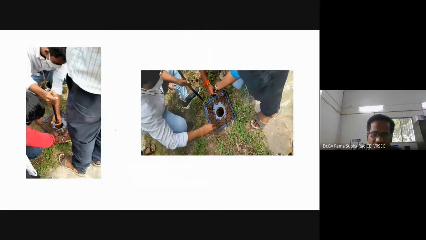Now we move to the field, and this is the tray with a central hole. We have started digging the central portion, the hole portion. We made a hole up to not less than 4 inches, so about 10 centimeters. Now this is the collected soil, the field soil. In fact, what we are determining is the density of the field soil, mass of the soil by volume of the soil. But this pit is irregular.